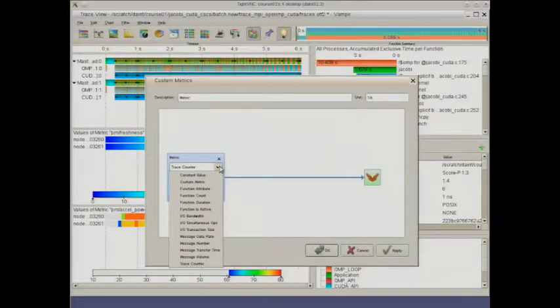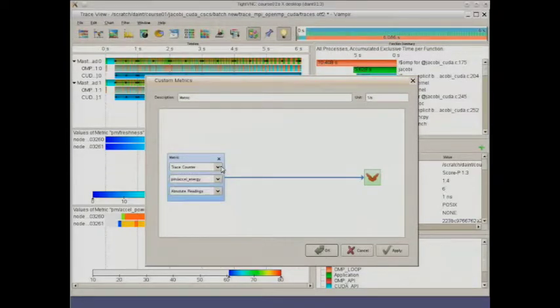You could also choose from the group of function durations or function counts, but you might want to go with trace counter at this point, and then see which trace counters are available. For example, energy, accelerator power, and so forth. And we can say if we want to use the absolute readings or interpolated readings, or the number of times this counter is incremented. And if you click on any of the right area here, right click, you can add another metric and you can add another operation.